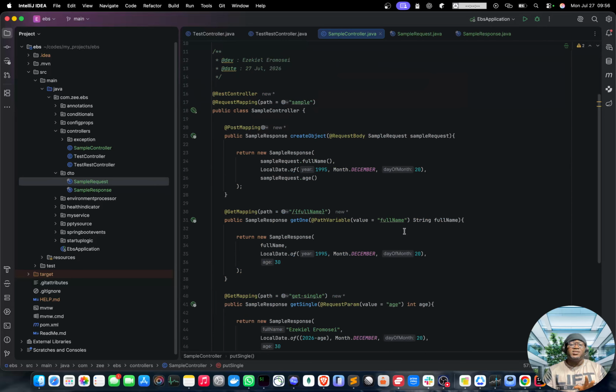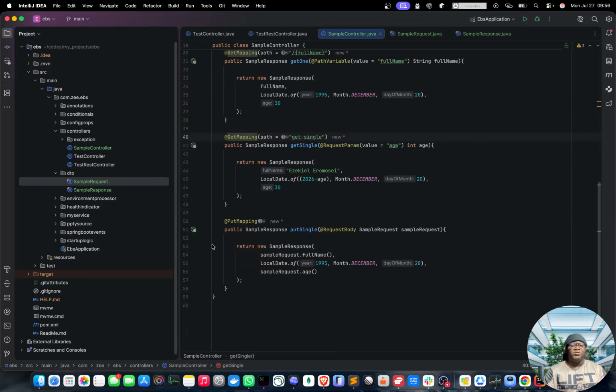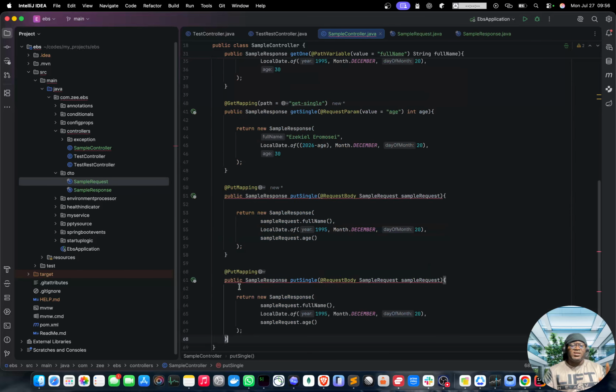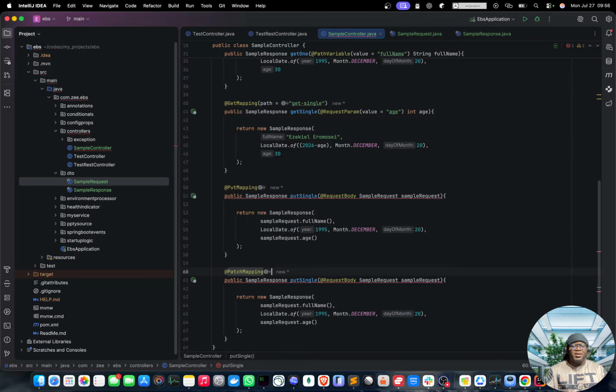This is not the ideal scenario. I'm just trying to basically show you how all these things come in and how you can use them. Then finally, sorry, we have delete. We still have patch. There is the patch mapping. Patch mapping also exists. I'll say patch single,